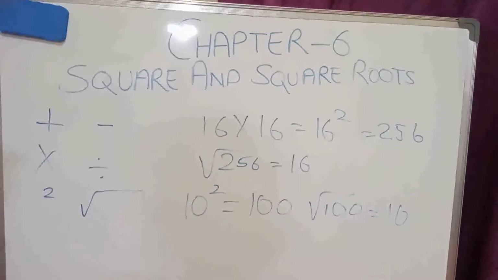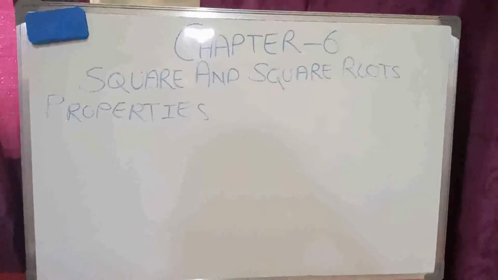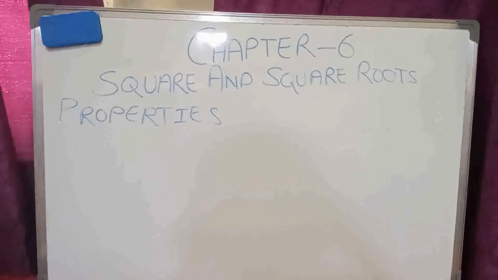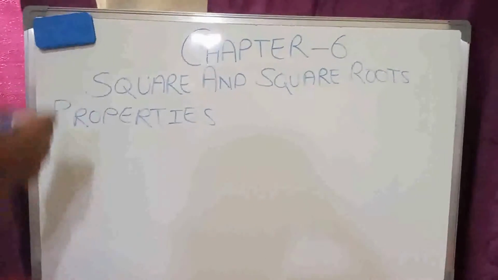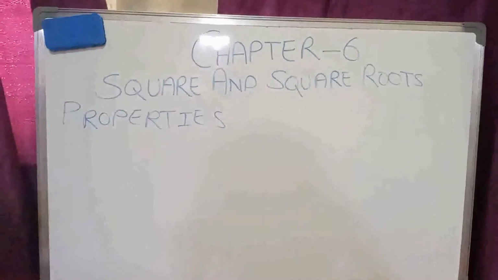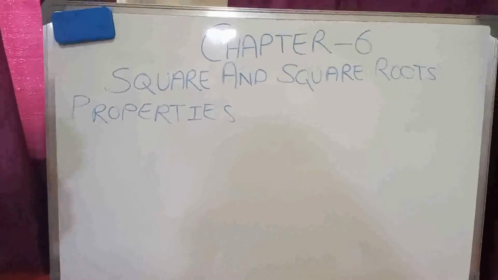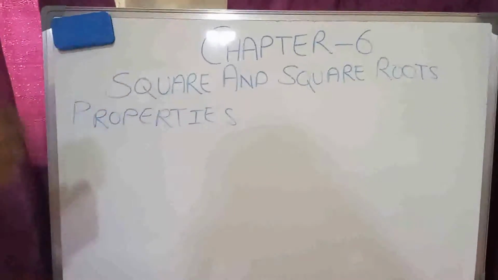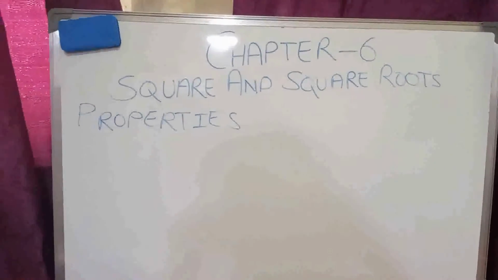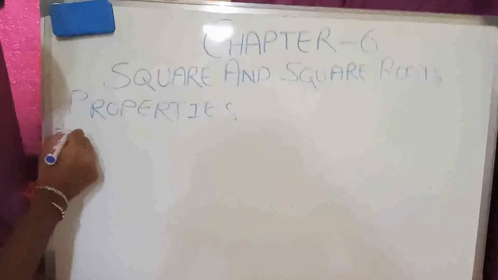Okay, now we'll be seeing the properties of square roots. Just like how we learned the properties of square, we'll be learning the properties of square roots. As square root is the opposite of square, the properties of square root will also be the opposite of what was for the square. So the first property is